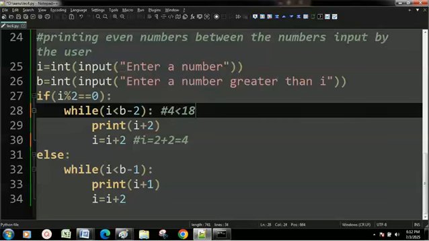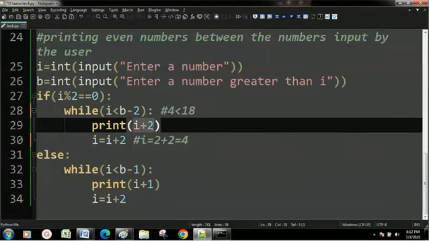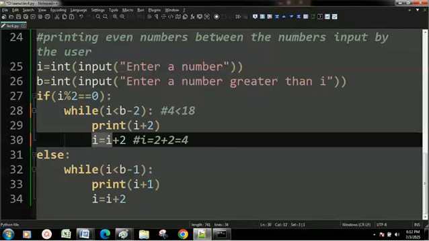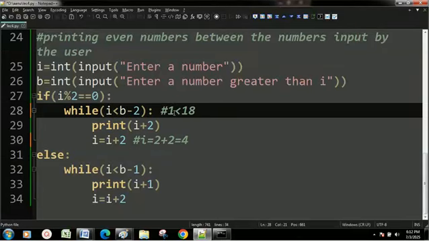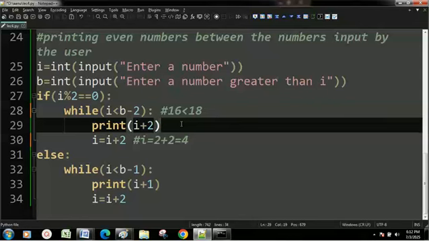So it will print 6, and then it will come here again, and I will be 4 plus 2, which is 6 this time, and this will continue till I is 16. Then 16 is again less than 18, and then it will print 18 here,